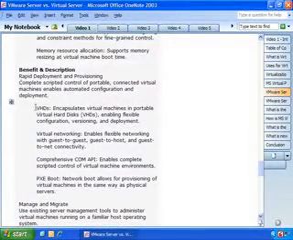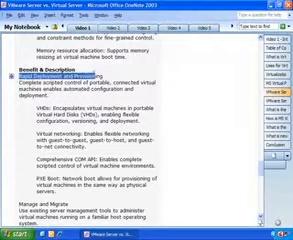Here are some of the benefits of Microsoft Virtual Server: rapid deployment and provisioning. The virtual hard drives